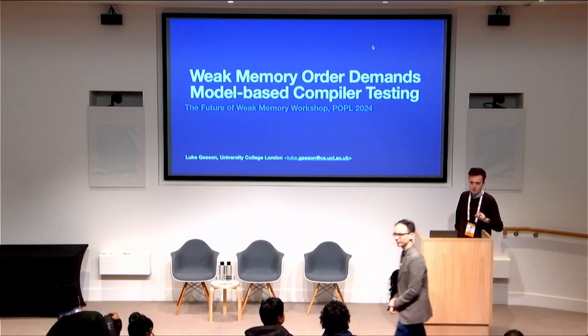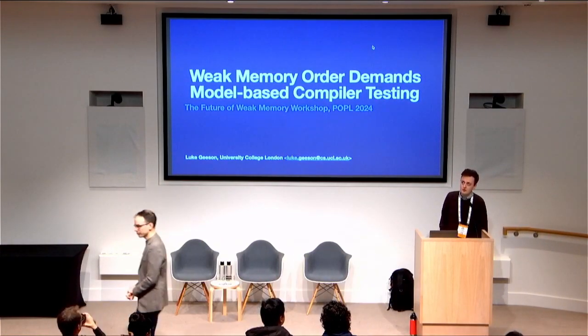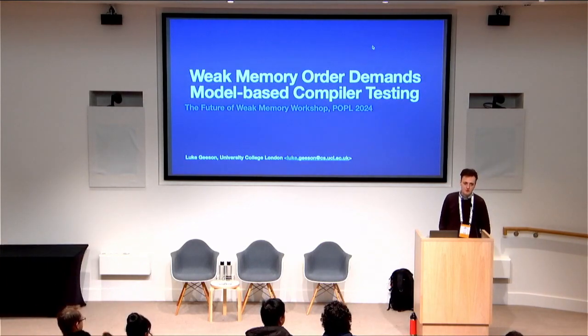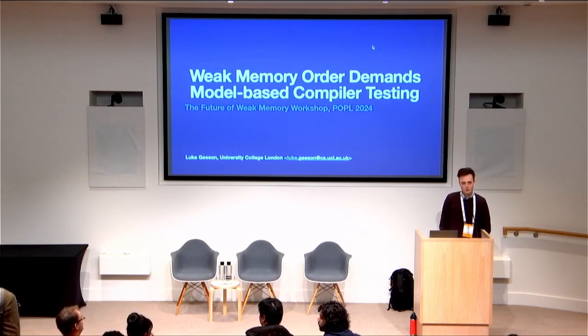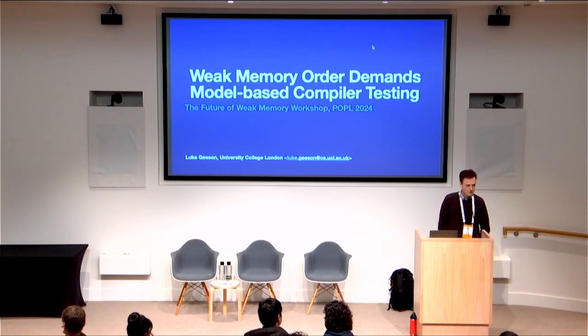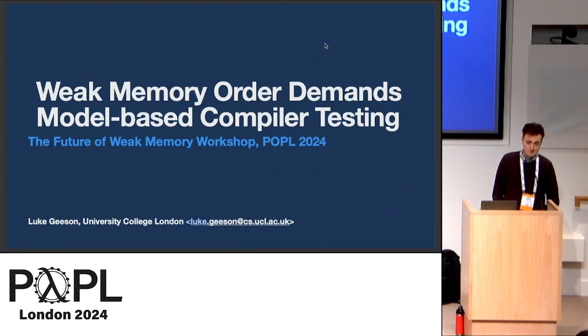So the last talk was well placed because you were talking about Heisenbugs and systematic testing to find strange behaviors, and also the question of whether weak memory matters. I'm going to put forward a different position, which is actually that these things do matter. Models do matter in particular. The title is slightly different, as was what was on the website, but the content is the same, just last-minute